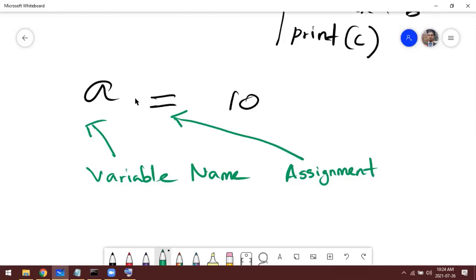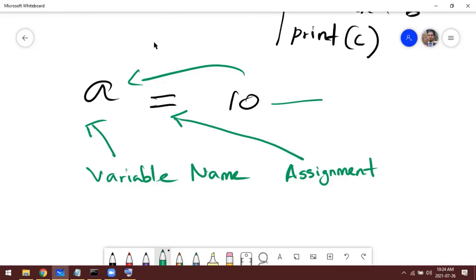What it will do is assign the right side value to the left side. So here the 10 will be assigned to the variable A. That's the meaning of this equal assignment operator.